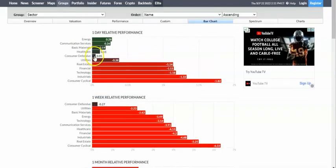And here it is. There is some dark green for the day. Energy, healthcare, computer, consumer defensive. And I don't think financials are going to do that bad during our recession and during inflation. But today I want to look at consumer defensive,